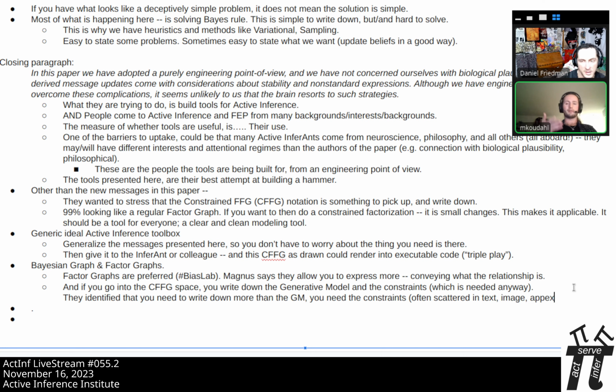So we augment FFG notation specifically in a way that I'm not aware of anyone that has done for Bayes nets. They might be able to. So in that way, you're right. There's more information definitely in the CFFG than in the Bayes net. But in general, there's also more in a factor graph because you have to be explicit about the relation between variables more than you do with at least the versions of Bayes nets that I'm familiar with.